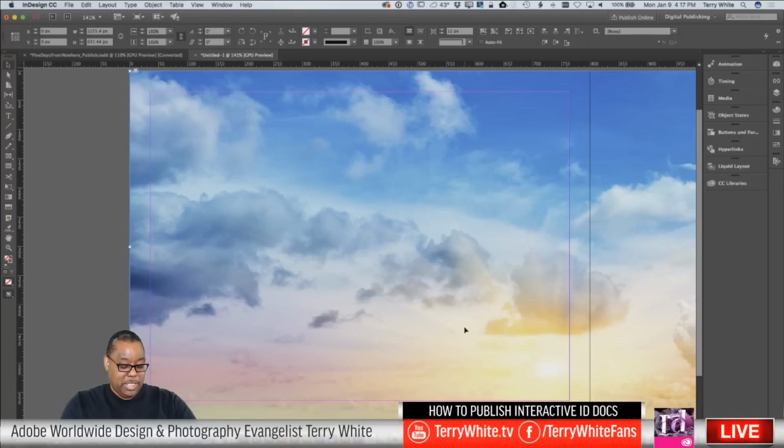My nice full page cloud image ready to go, and I now want to animate that moving across the page. So how do I do that? I go to my animation panel,